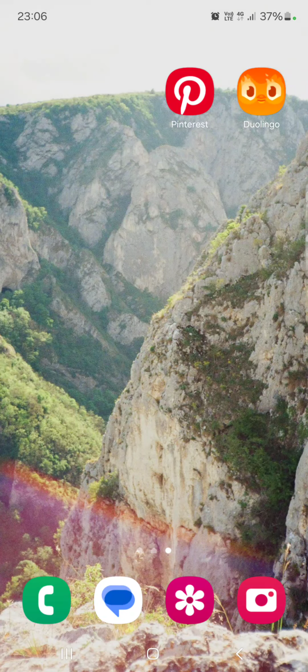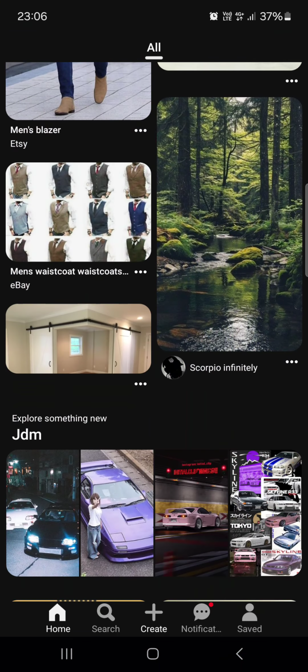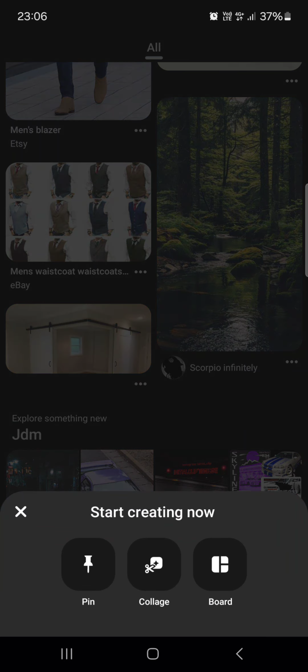Hello guys, in this video I'm going to show you how to create a board in the Pinterest app. First we have to open up the app, and here it opens up in the home menu. From here we just tap on the plus icon in the middle of the screen, and then we tap on